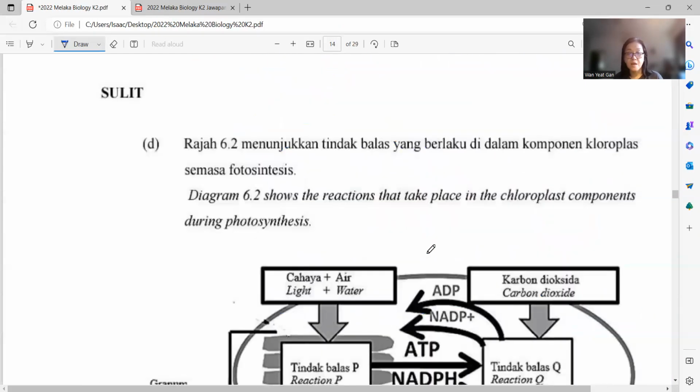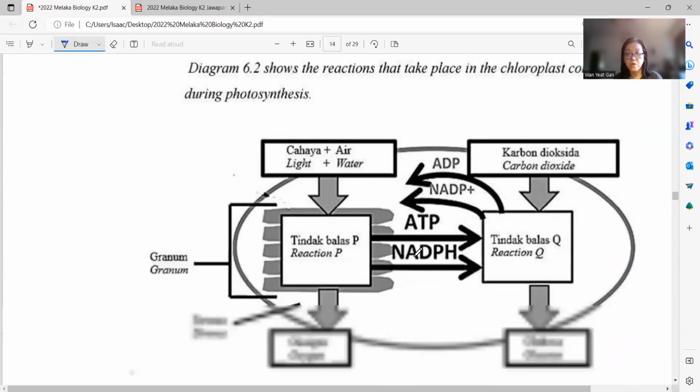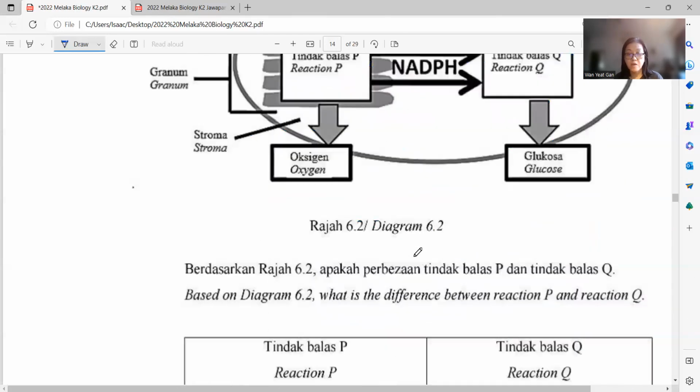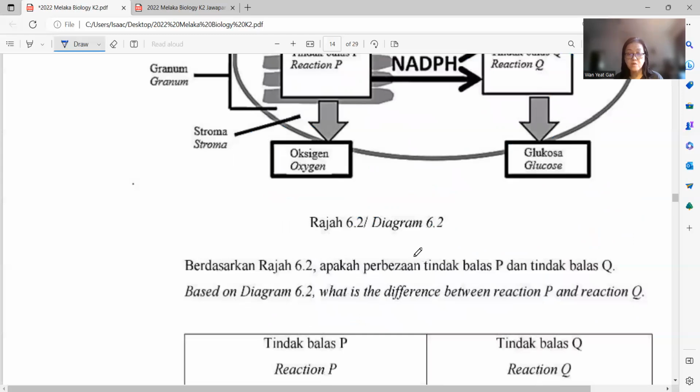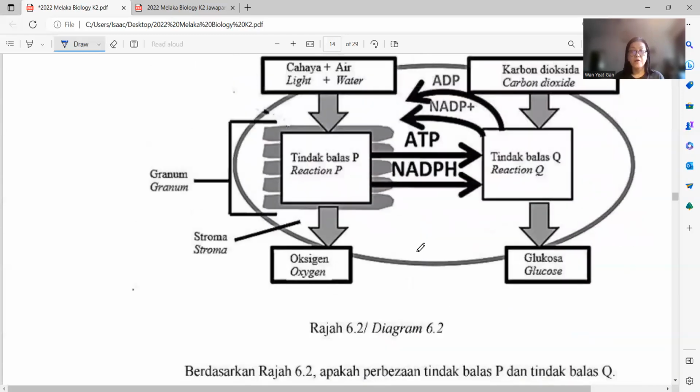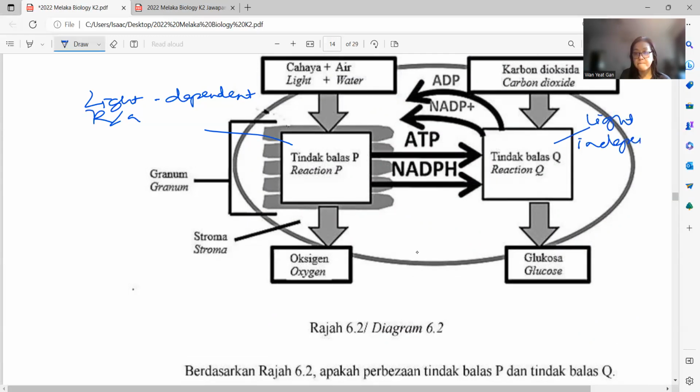Okay. Diagram 6.2 shows the reaction that takes place in the chloroplast component during photosynthesis. Based on the diagrams, what is the difference between reaction P and reaction Q? So here, reaction P is light-dependent reaction, whereas reaction Q is light-independent. Yeah, this is light-dependent reaction. This is light-independent